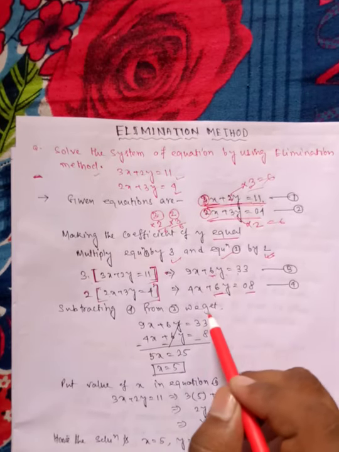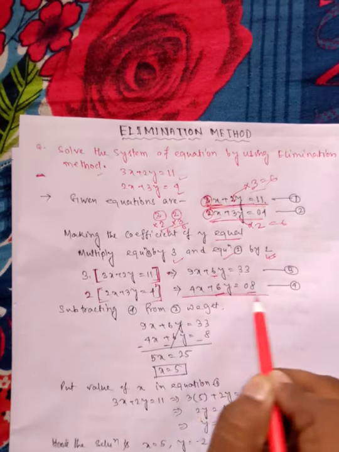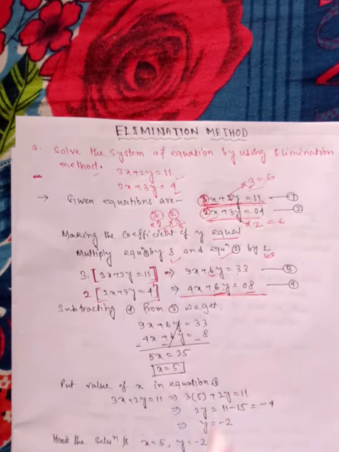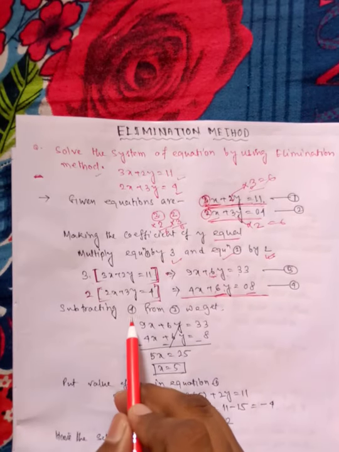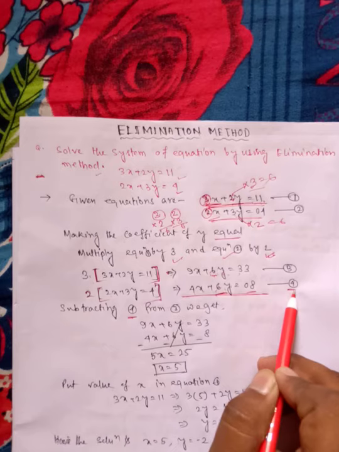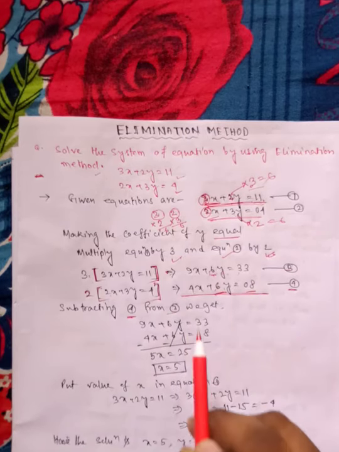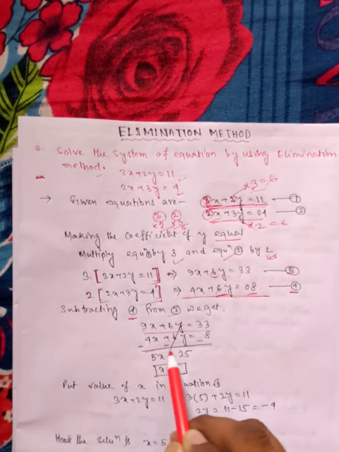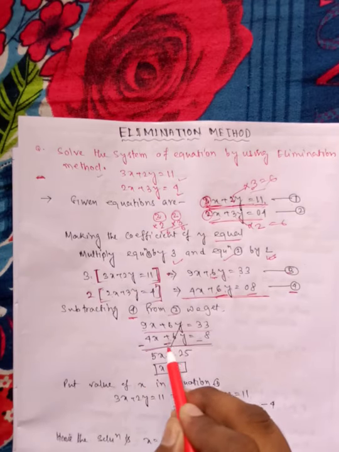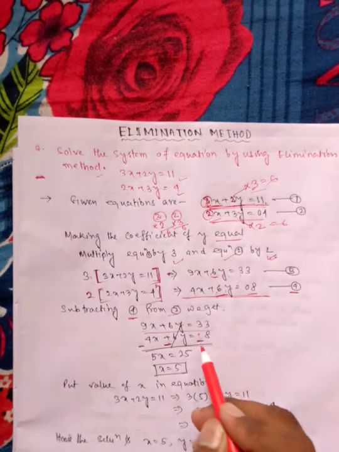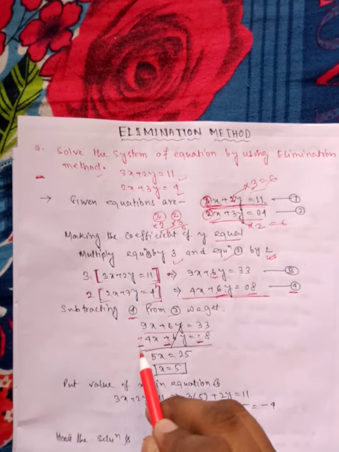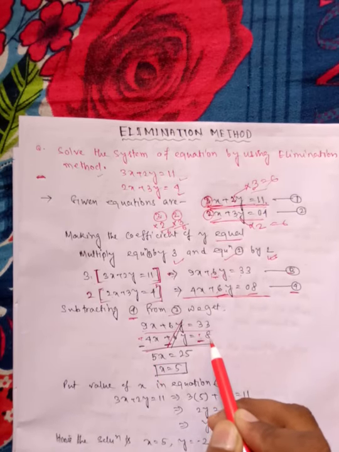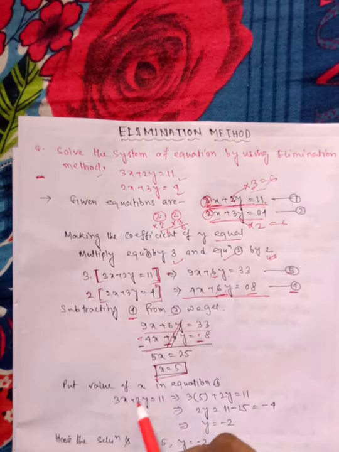So you can eliminate. How? If you subtract these two equations, the 6y will cancel and you will get only the variable x. So we are going to subtract equation 4 from equation 3. I have written equation 3 here and on the next line equation 4, 4x plus 6y. Then you subtract, that means the signs will be changed. It was plus, that's why it is minus. Then you cancel this, and 9x minus 4x equals 5x, and 33 minus 8 equals 25. Then you will get x equals 5.